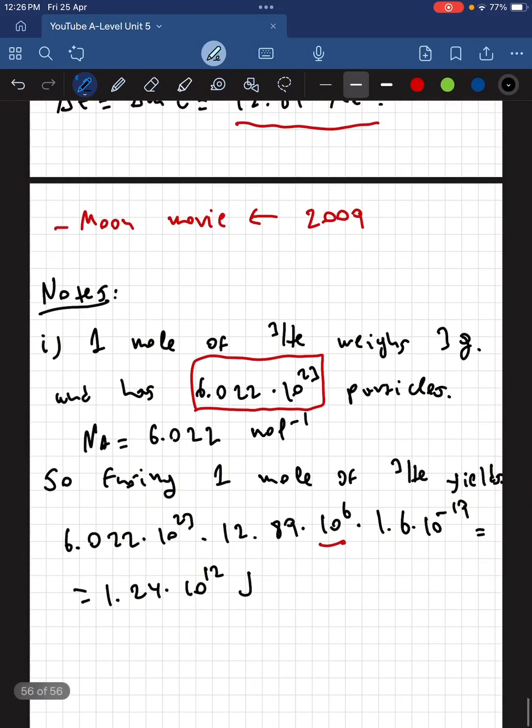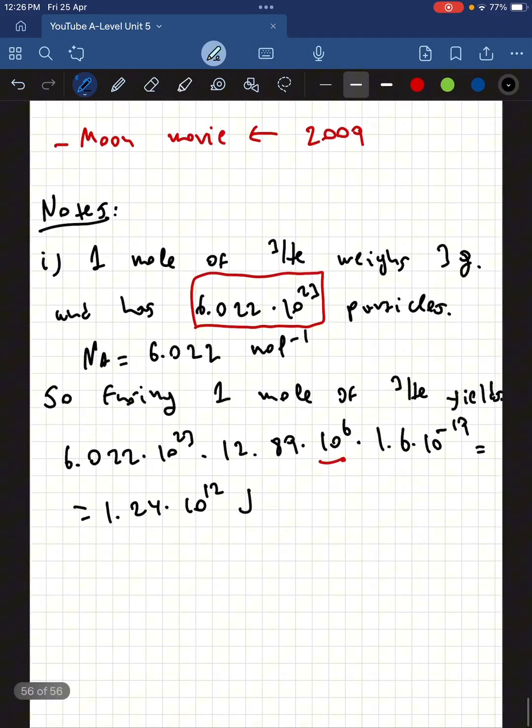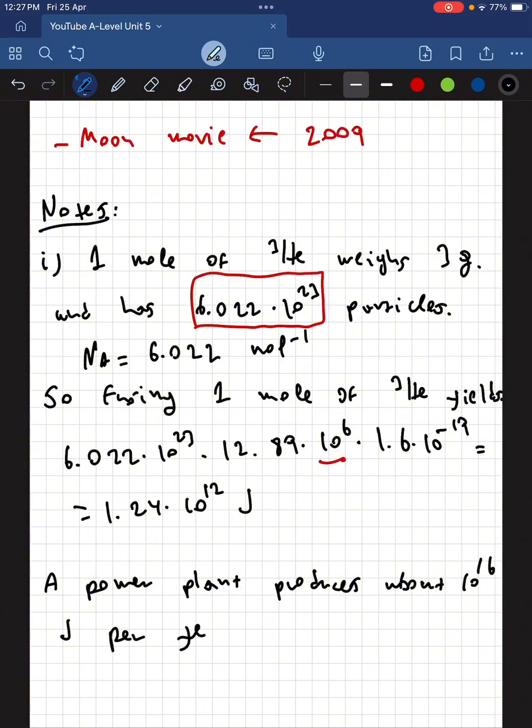Just to give you an idea of how enormous this amount of energy is, a power plant produces about 10 to the 16 joules per year. So 1 mole of helium-3, if fused, produces enough energy to, I don't know, light up a city for a day or something like that, which is crazy, right? It's just 3 grams, it's nothing. Okay,